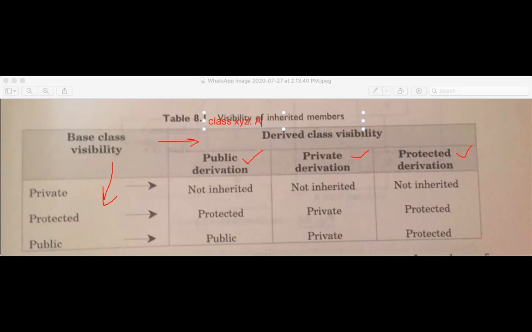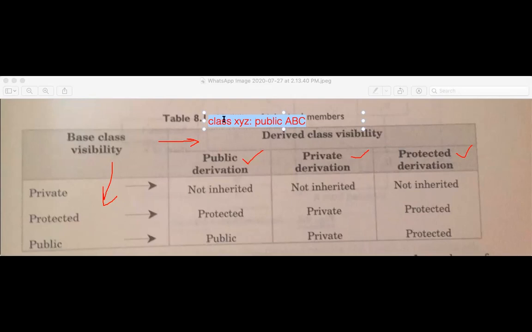If you are directly putting ABC, by default it is private derivation. So you must put public ABC. It means that you are inheriting ABC into XYZ as public. So what happens with the base class members in public derivation, we will see here.